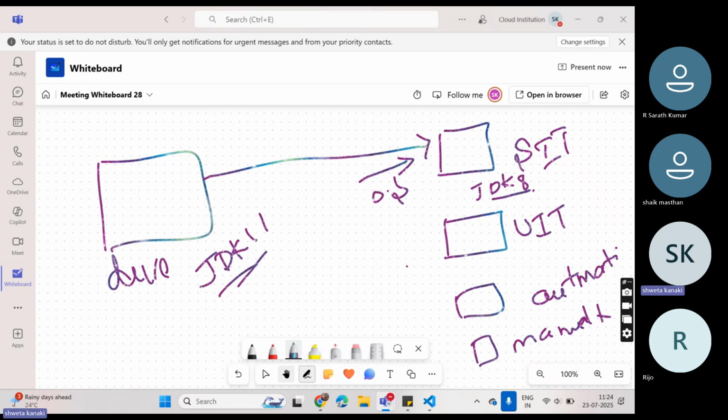So if the SIT team is having JDK 8, they have to install JDK 11 in their system. Each and every operating system, they have to install JDK 11, Spring Boot and Apache in all the systems. For UAT also, they have to install again whatever the requirement is according to this. Okay. So now